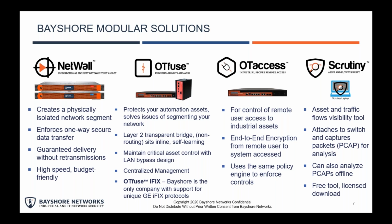So back to that scenario, we said, how about if I have a hybrid environment, in terms of I have half of the staff working from home, another half working in the plant, but I need some external guys to access my plant. How can I grant security on top of that? Because the traditional way is, okay, let's set up a VPN, right? An IT protocol VPN, an SSL or SSH or something like that, all right? To connect to an IT part of the network, and that IT part of the network will connect me to the device. All right, but how about if I tell you this OT Access, what it does is a reverse